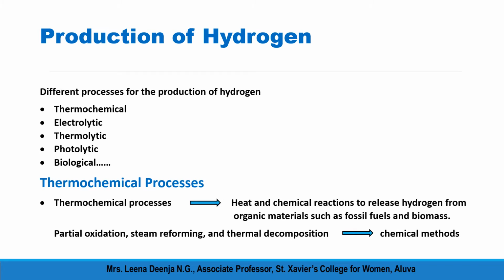There are different processes for the production of hydrogen. They are thermochemical, electrolytic, thermolytic, photolytic, biological, etc. First, we discuss thermochemical processes. Thermochemical processes use heat and chemical reactions to release hydrogen from organic materials such as fossil fuels and biomass. Partial oxidation, steam reforming, and thermal decomposition are some of the chemical methods for large-scale hydrogen production from hydrocarbons and